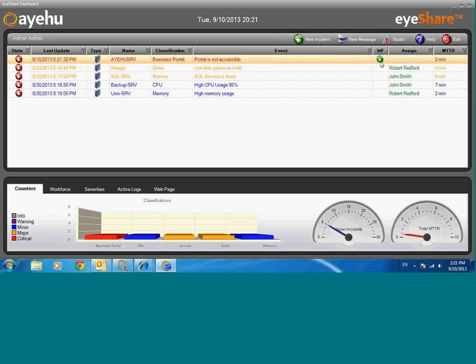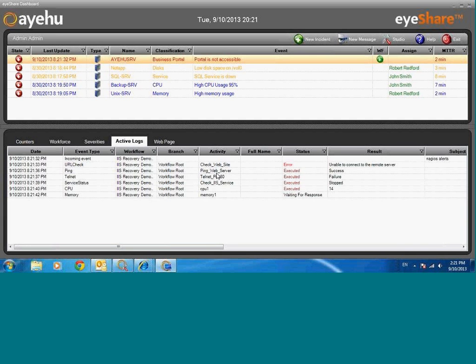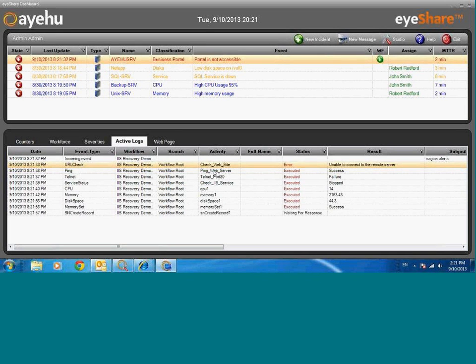and the business portal can now indicate there is a running workflow behind the scenes. I can click here on the active logs and see all the steps that the process is performing for me behind the scenes. Each step represents an activity or an action that the process is running. So it starts with a URL check,